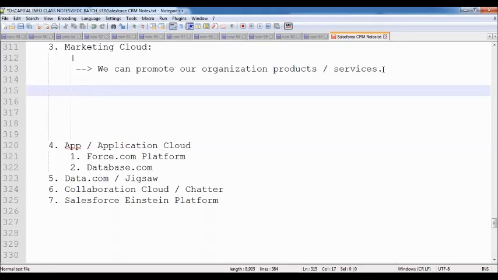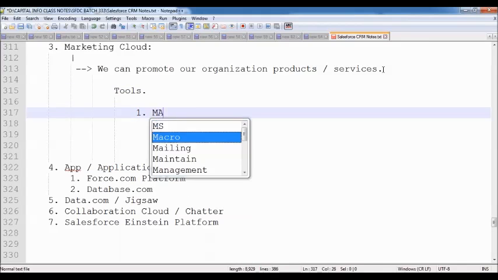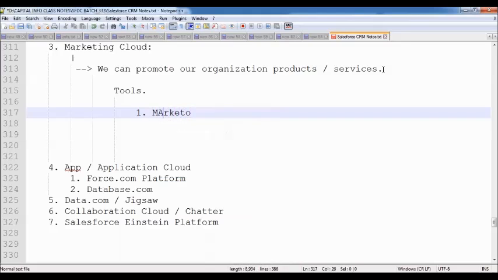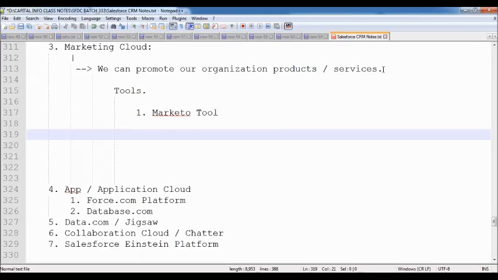First one is Marketo. Marketo is a third-party tool which is used to promote products, nothing but marketing. In order to do marketing, people are using software called Marketo. Second one, Exact Target.